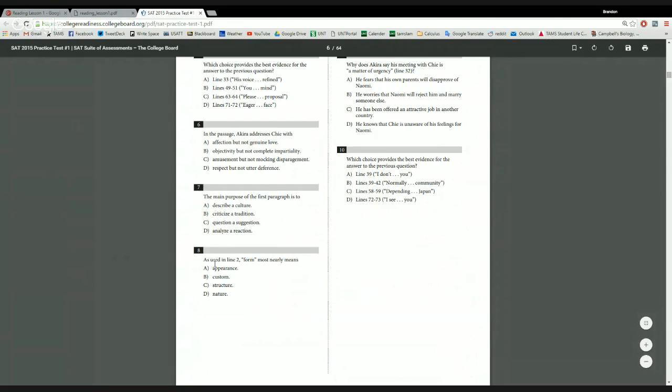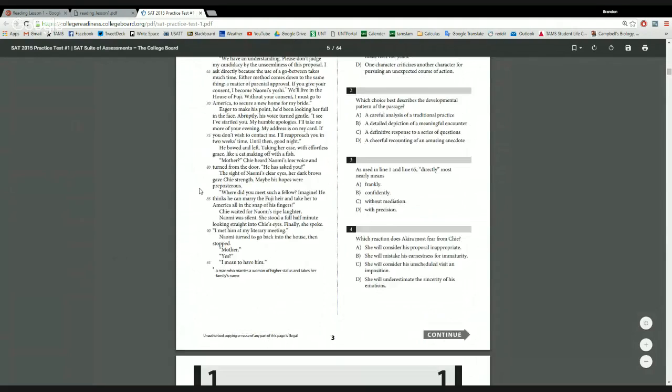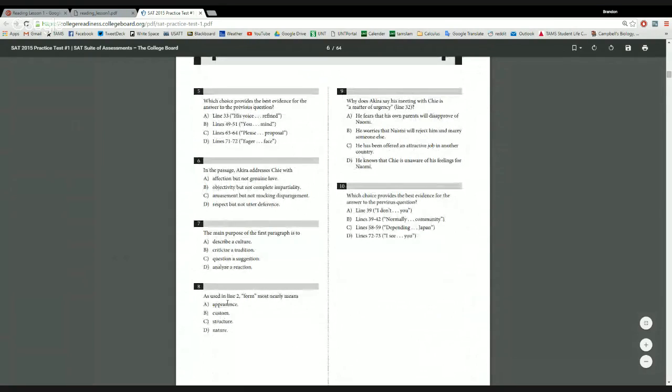Okay, number 8. As used in line 2, form most nearly means. So we go to line 2. Had he followed form? Akira came directly, breaking all tradition. Was that it? Had he followed form? Had he asked his mother to speak to his father and approach a go-between? Okay. As used in line 2, form most nearly means